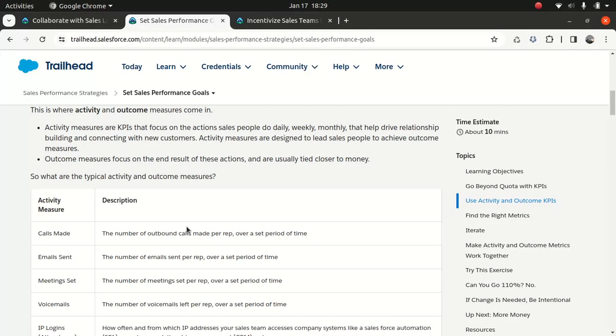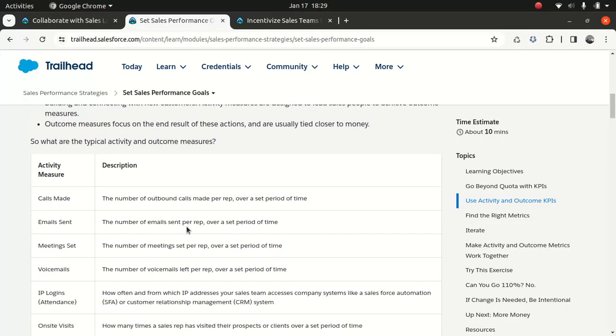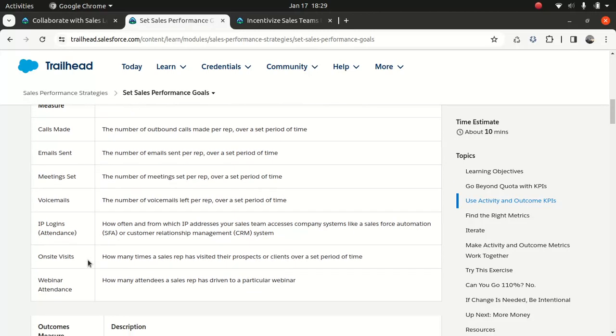So, when that happens, you obviously have to go back to the drawing board or look at your key KPIs to see what we can do to improve it, what extra activity we can include so that salespeople can deliver better next time, right? So, activity measures, right? These are the activity measures: calls made, emails sent, meetings set, voicemails, IP logins to ensure